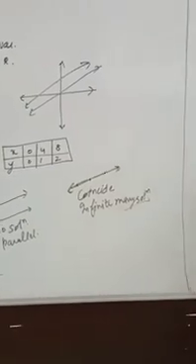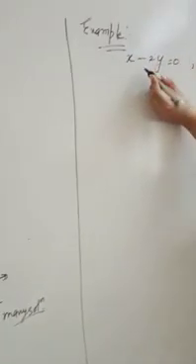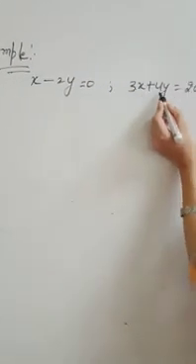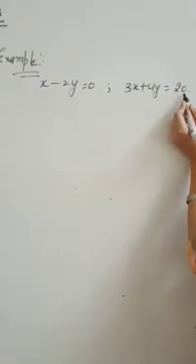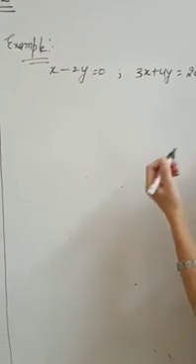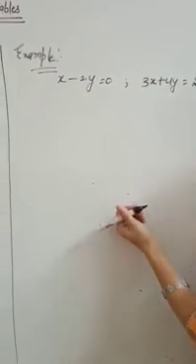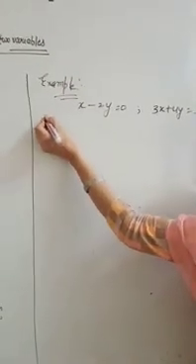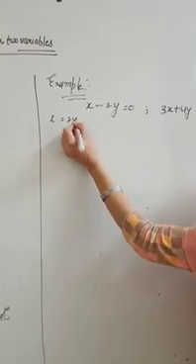Here I have written one example. Here I have taken the two equations x - 2y = 0 and another equation 3x + 4y = 20. So let us make a graphical solution of it and then see what the condition between them is. It can be a unique solution, no solution, or coincident lines with infinitely many solutions. So let us, here is x = 2, 1.